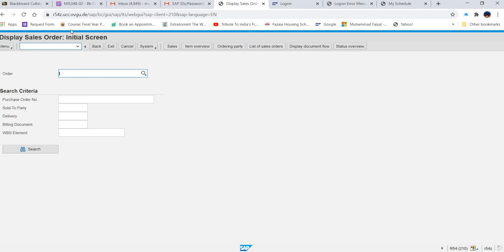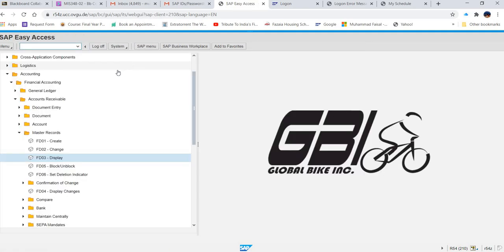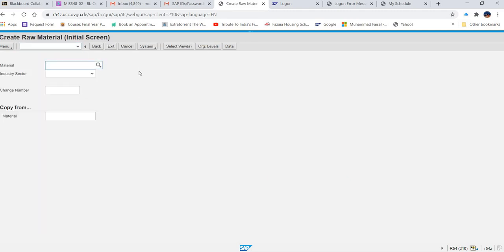Okay, the next transaction code they have given is MMR1. In the MMR1 transaction, we create raw material. This transaction will be used if, for example, you receive a new raw material for your inventory. You will first create it in your system, so this command will be used to create a raw material.